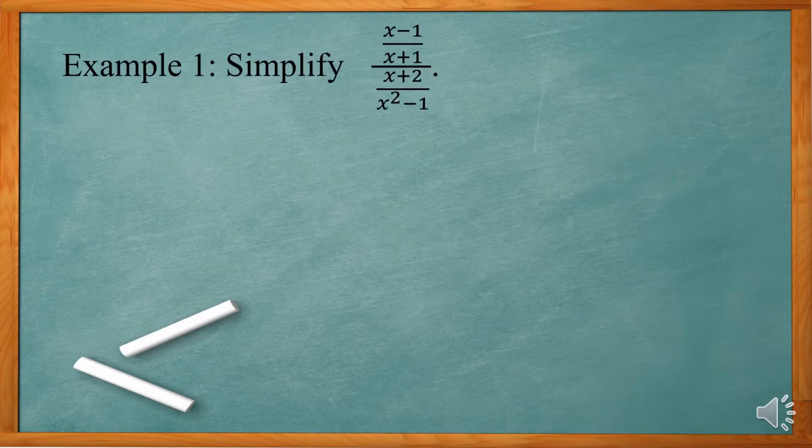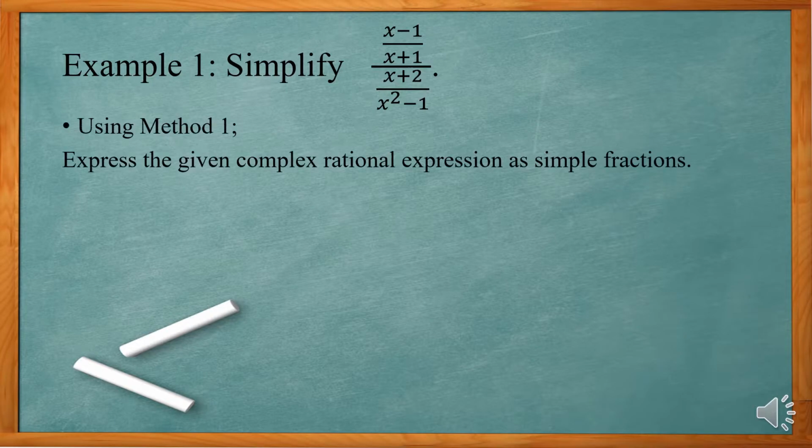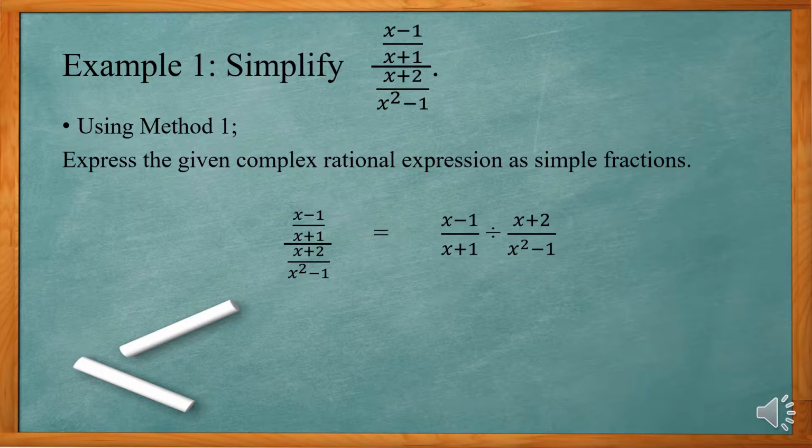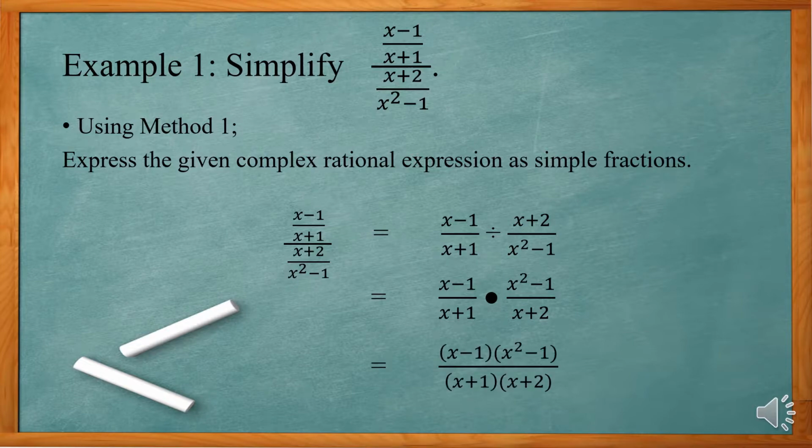So example number 1. Simplify this given expression. Using method 1, express the given complex rational expressions as simple fractions. So this is already a simple fraction. Then proceed to division. Since this is division, the rule of division is to reciprocate the denominator, then proceed to multiplication. So then multiply. And since x squared minus 1 is a difference of two squares and is factorable, we